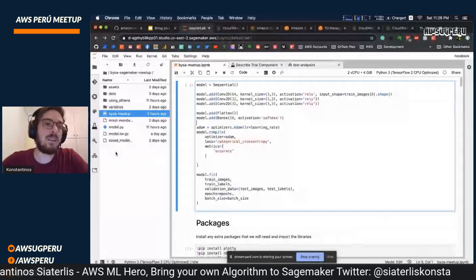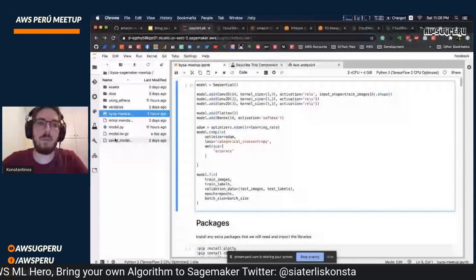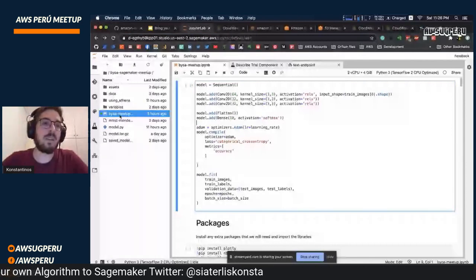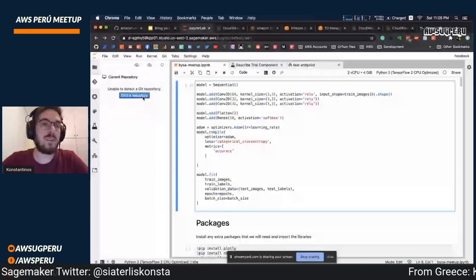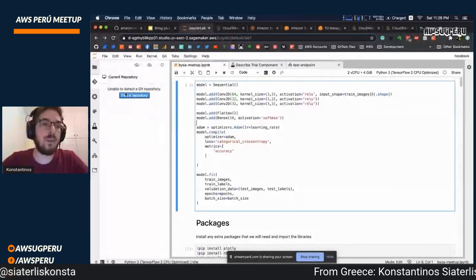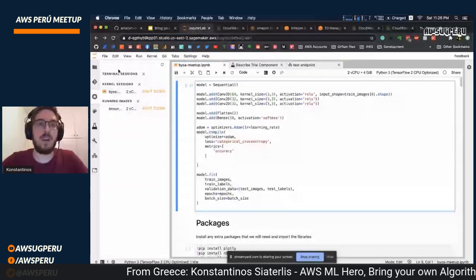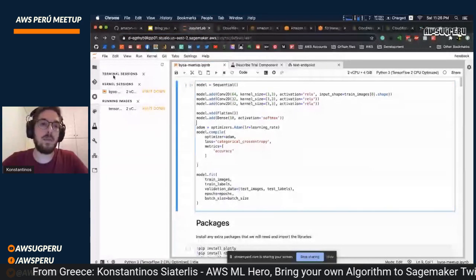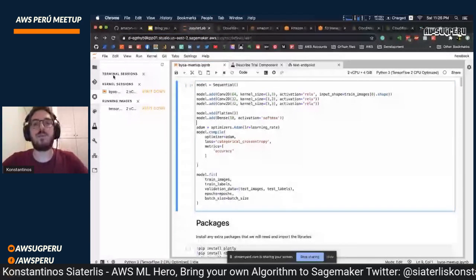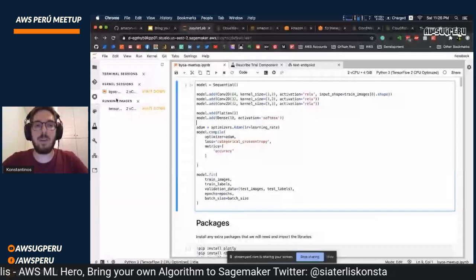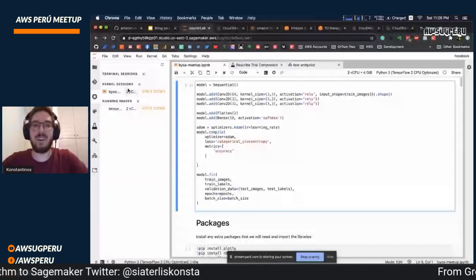We have our file system here, as in every JupyterLab. We have integration with Git so that we can connect our repositories and work from there. Here we can see a list of all the sessions that we have open: terminals, kernels, and running images. Be careful, because those are actually charging me right now.